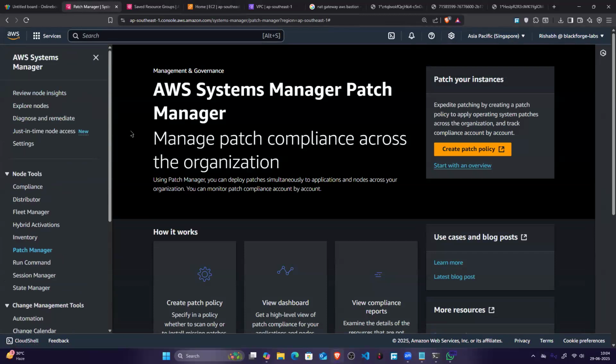Although this is not part of your learning, this is for SysOps administrator. But they could ask you like this: how can we control or access EC2 machines from our AWS directly? So you can use AWS